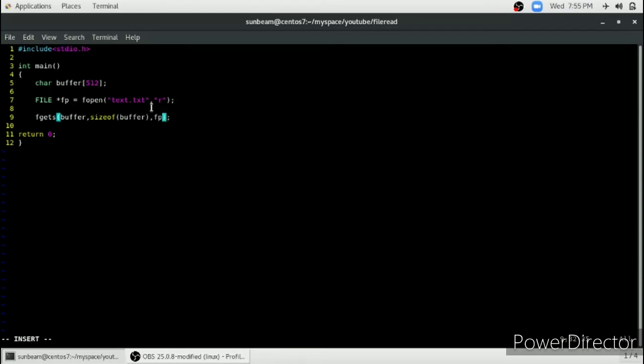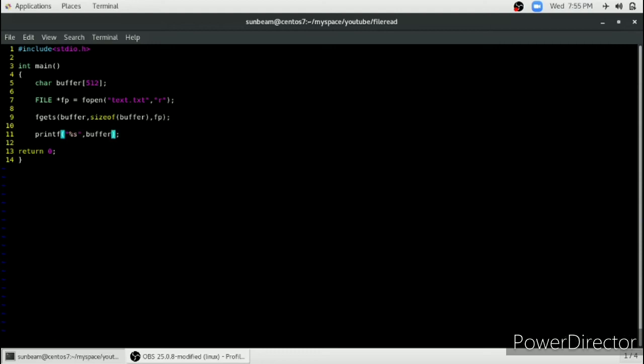At the first instance it will read the first line, as the newline escape sequence occurs at the end of the first line. After that we will print this using the printf function. We have to print this buffer only.